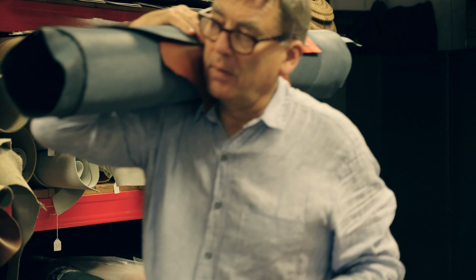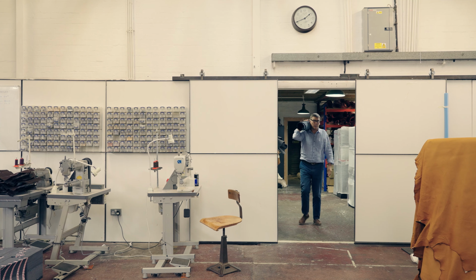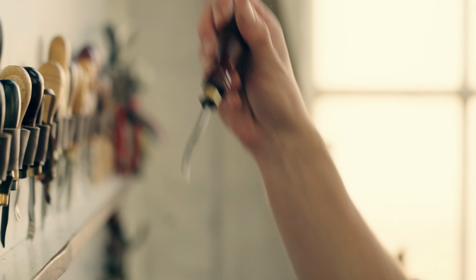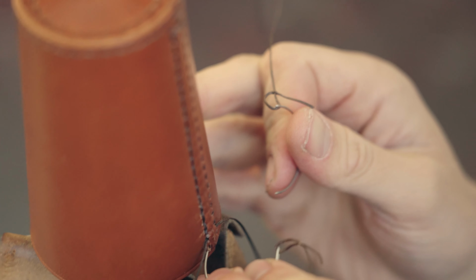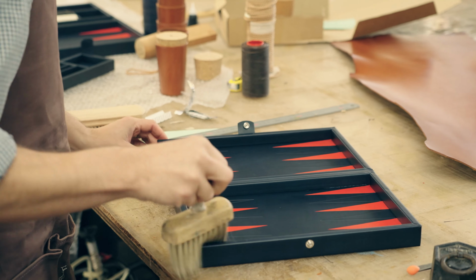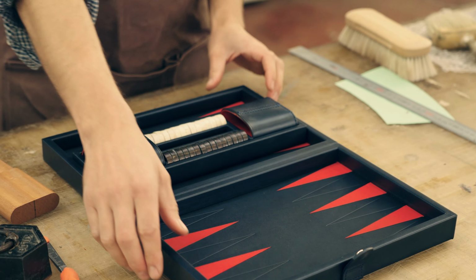We cover everything from saddlery to upholstery to bookbinding to casemaking, and we create product that's unique and unusual. One of the things about the studio is the variety of the work that we get, and I think that's really important with any design studio, and probably about 40% of what we do, we really develop a material specifically